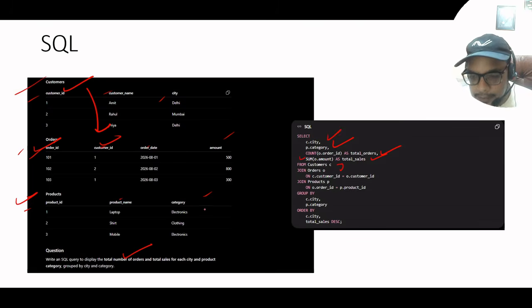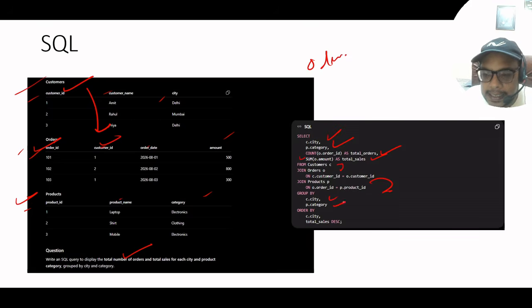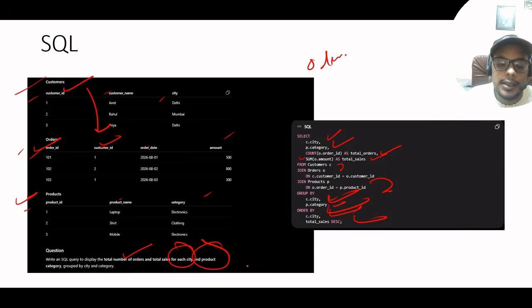And from, okay, so this we basically joined. Okay, and here we have order ID and product ID, so we cannot join because these are different. Okay, so there will be some additional table as well which is not here, in which some order ID and product ID is there. Okay, so we will connect that. Okay, we will group by city and category. Okay, because they are asking for each city and product, so we will be doing the group by using the city and category, and then we need to order them, okay, by city and the total sales. Okay, so we will be ordering by city and total sales.